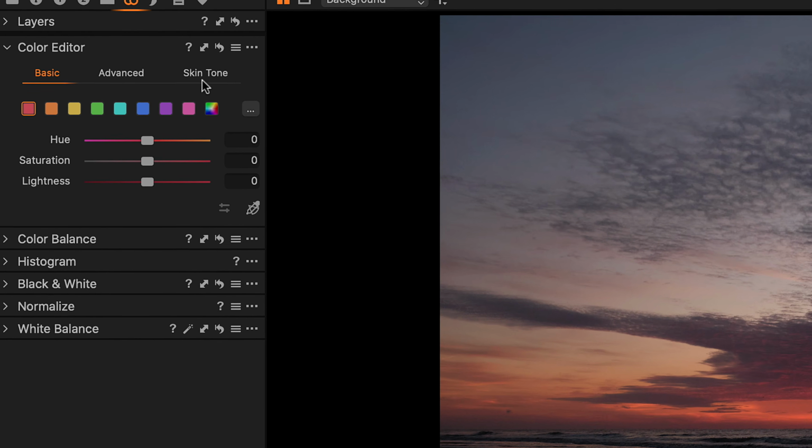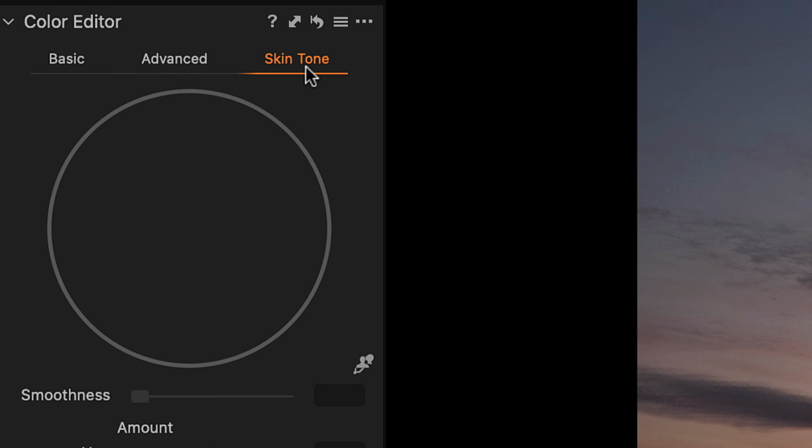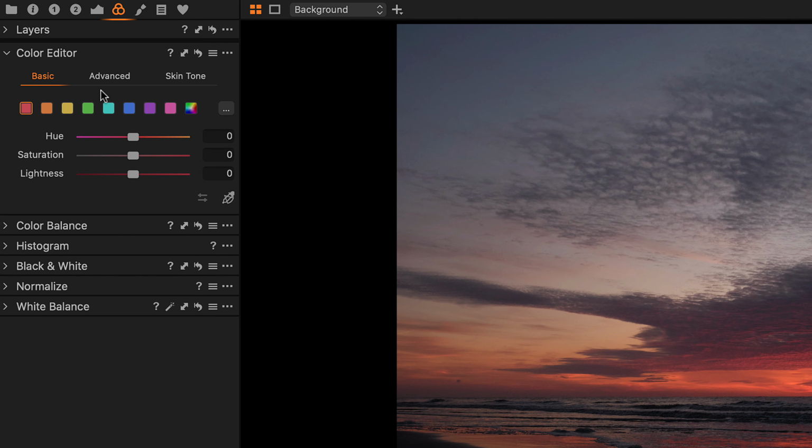There are 3 sub-tabs of color editor: basic, advanced, and skin tone. For the most part, I think you should ignore basic. It doesn't give you enough options, and once you learn how to use advanced, you can just go straight to that and you can do everything that you can do in basic plus more. Basic basically is basic. You have your standard color palette here. You have hue, saturation, and lightness that you can adjust,